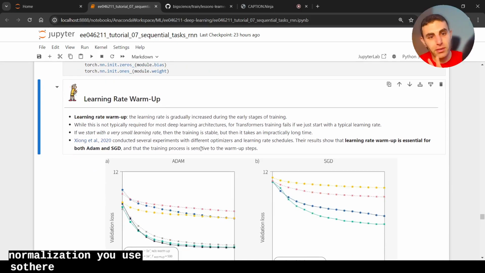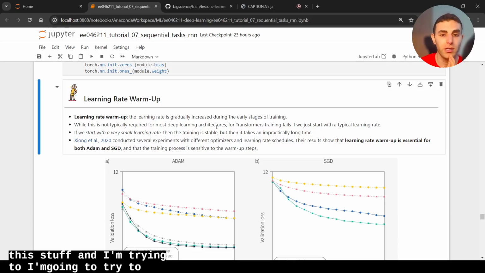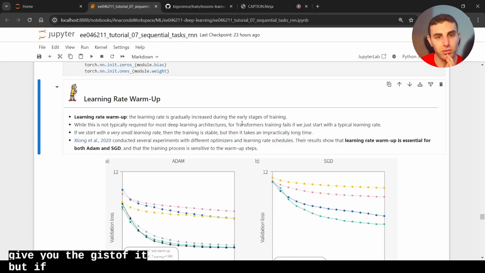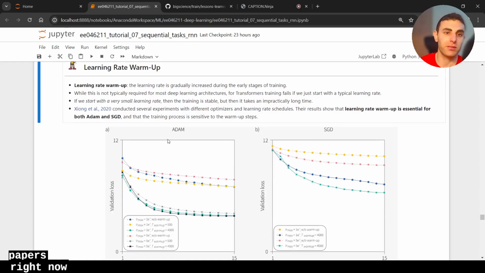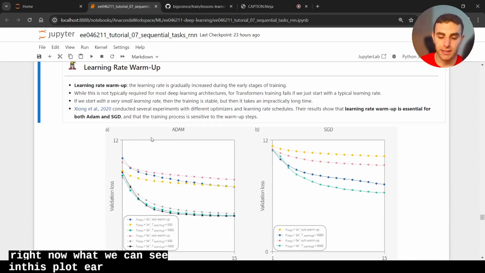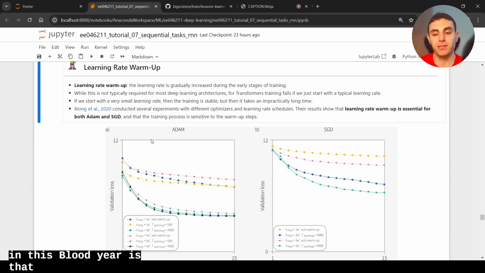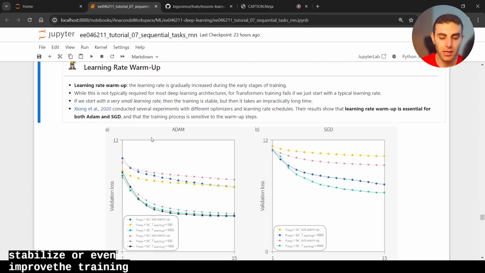There is a very in-depth analysis of all this, and I'm going to try to give you the gist of it. But if you want to dive deeper, there are links to the actual papers. Right now, what we can see in this plot here is that we sometimes can stabilize or even improve the training dynamics by not starting with the learning rate you want to, but